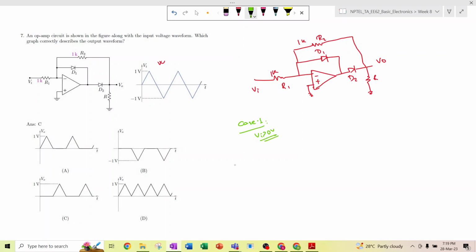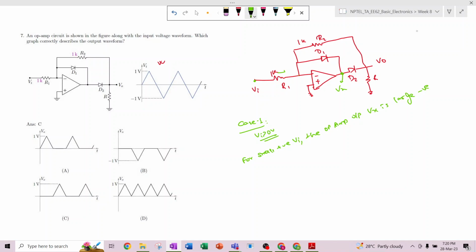For small positive Vi, if we increase this, then there will be some current flowing. For this small positive Vi, if we denote this as Vx, the op amp output Vx is large negative, right? Because it is connecting in the inverting terminal, right? Vi is whatever is the Vi, so it will be a large negative because it is getting amplified over that,